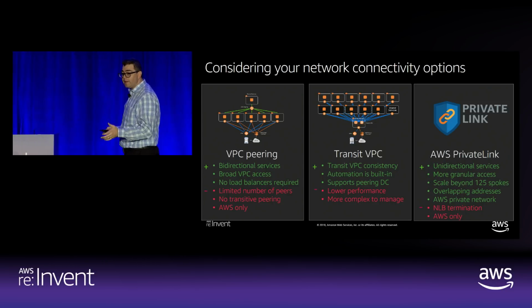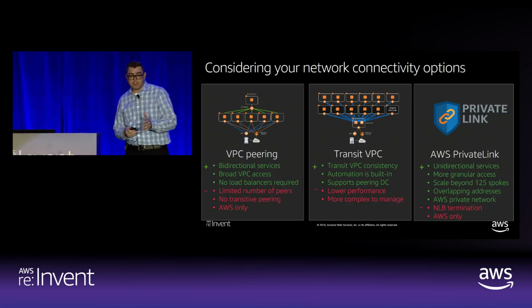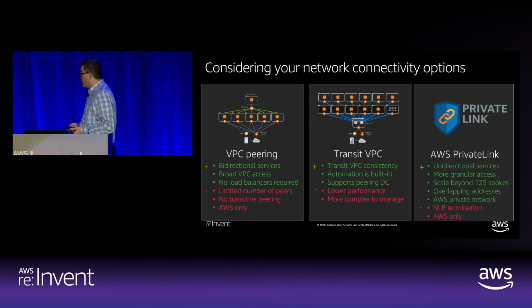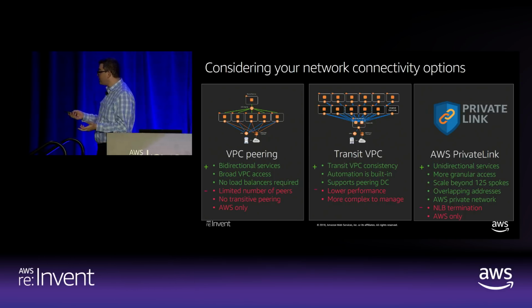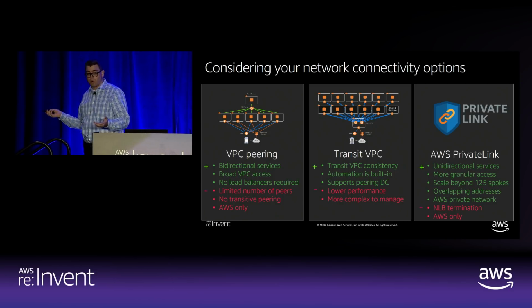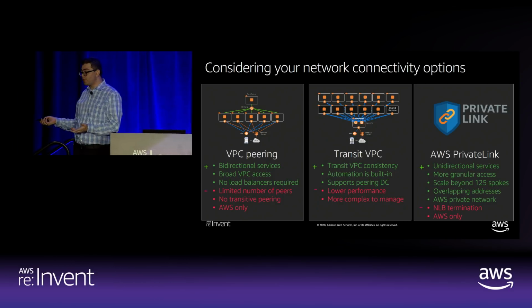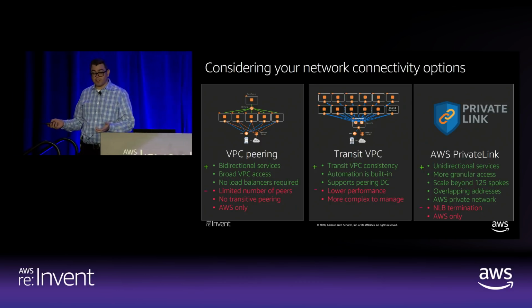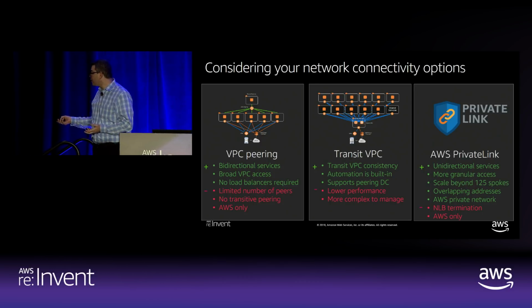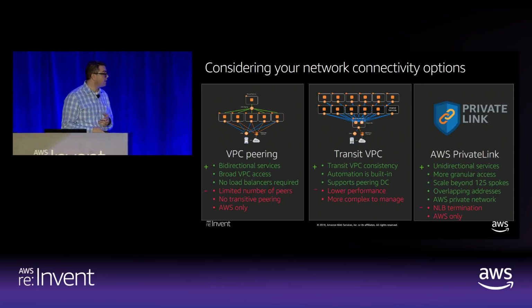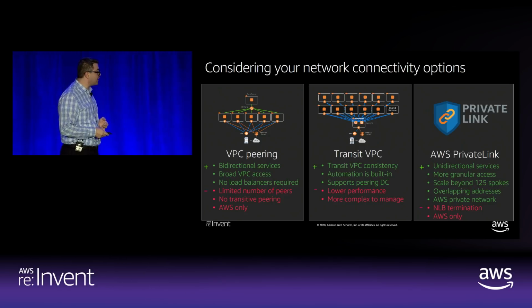Transit VPC enables that because now you could do this implementation across a large array of different potential on-premise and hybrid implementations, across cloud, across customers. It allows you to network and segment multiple accounts in your multi-account landing zone implementation. But again, there's lower performance. I talked about that 1.25 gig, and it's again very complex to manage. Private Link has a number of positives, but again, it's limited based on AWS only.